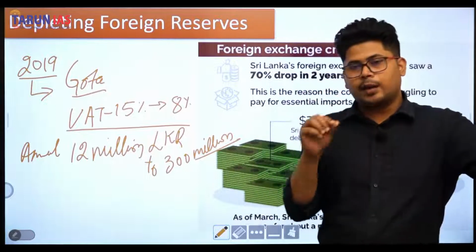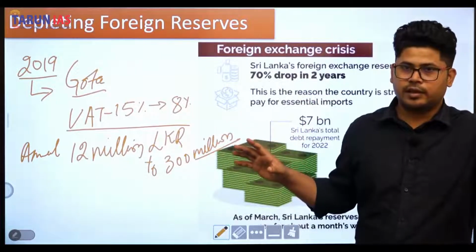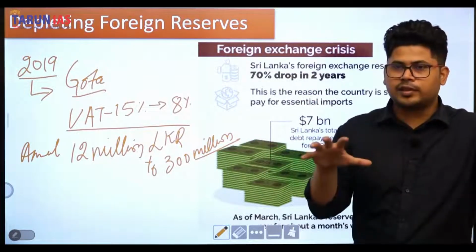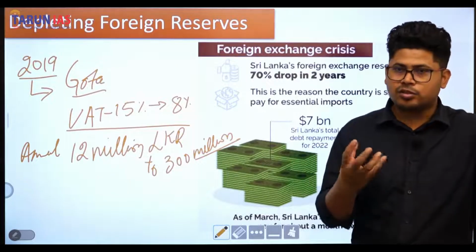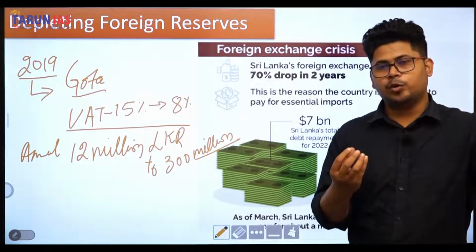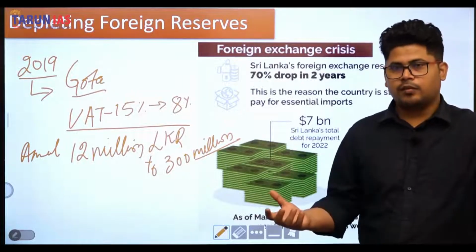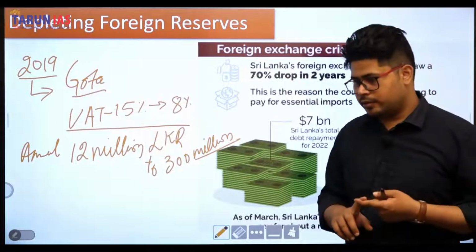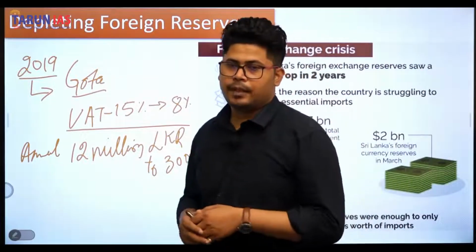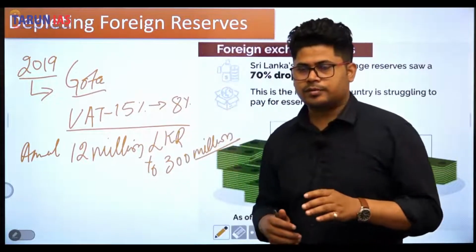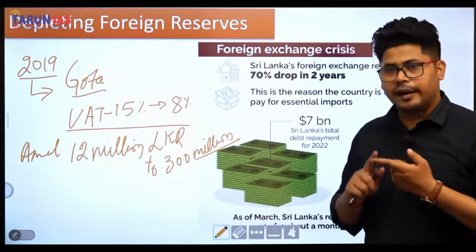ठीक है, so what happened was, this is called base effect. Base effect means the base of the tax collector base was shortened. ठीक है, due to which the tax revenue of course was shortened. And moreover, last year in 2021, what Sri Lankan government did was to put a